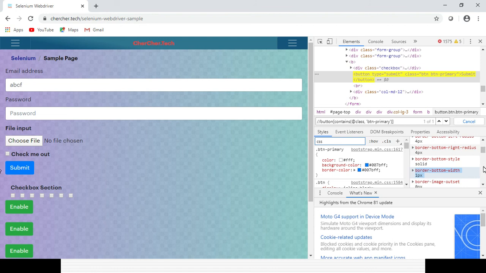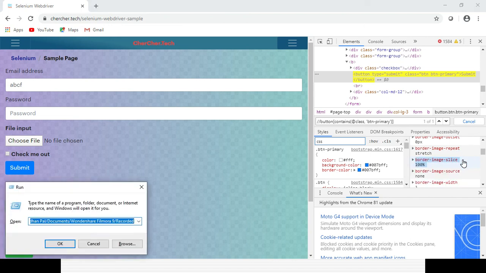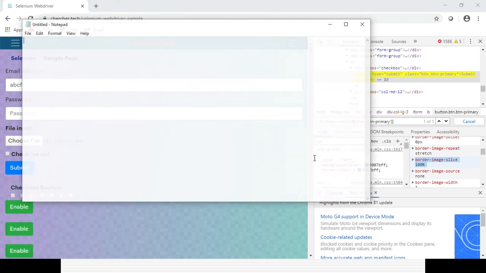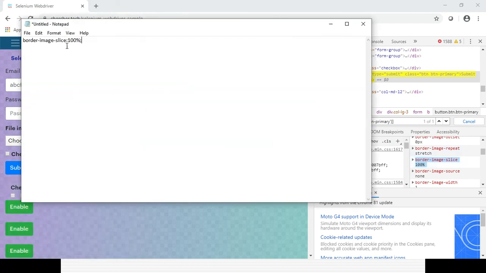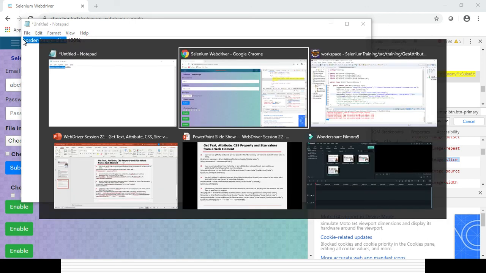Okay, similar way, if you want to retrieve that one, let's open a notepad. I want to retrieve border image slice, which will be 100%, the output will be 100%.